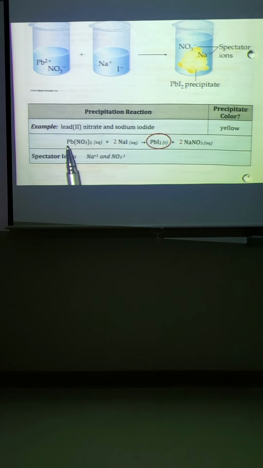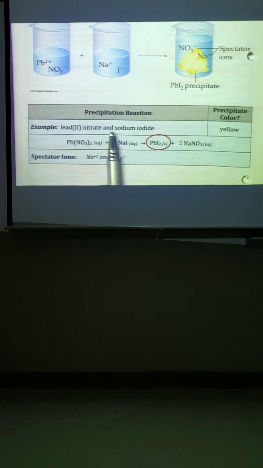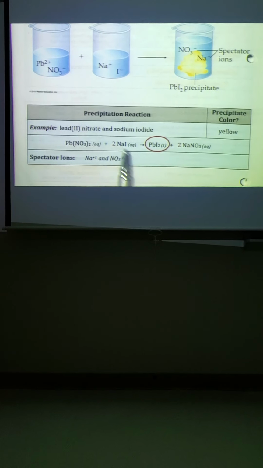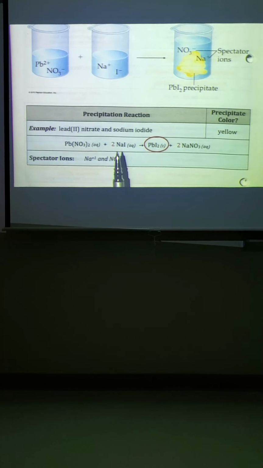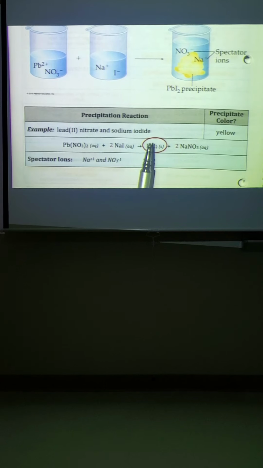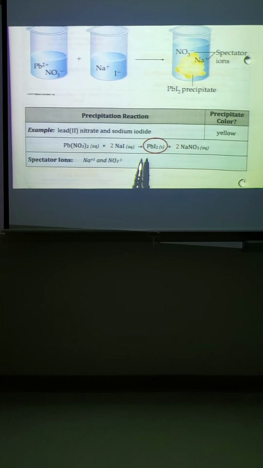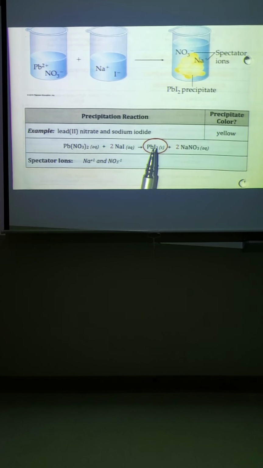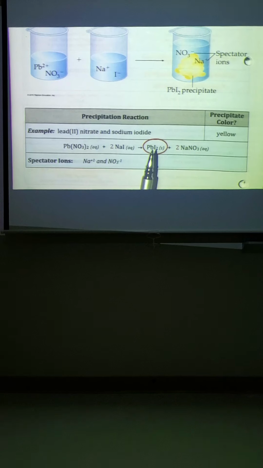Lead nitrate, Pb NO3, cross the 2, cross the 1. Sodium iodide, Na and I. No charges there to cross, plus 1, negative 1 cancel. Double switch, lead goes with I, sodium goes with nitrate. Remember, lead's still a 2, so we have to cross the 2, cross the 1. We did balance it because we needed 2 I's because we had 2 I's and it was lead. And then, again, because sodium and nitrate were in yellow, they're going to be the spectator ions